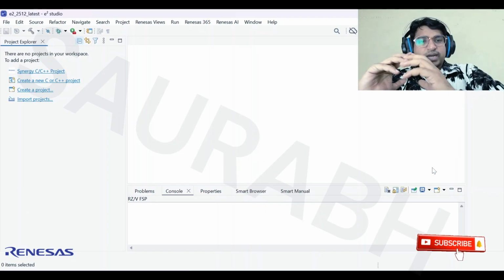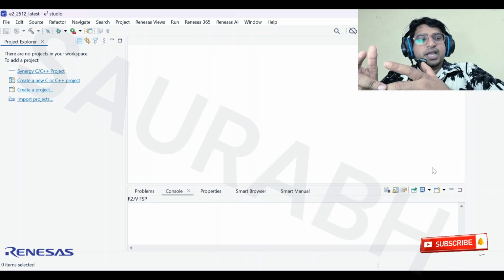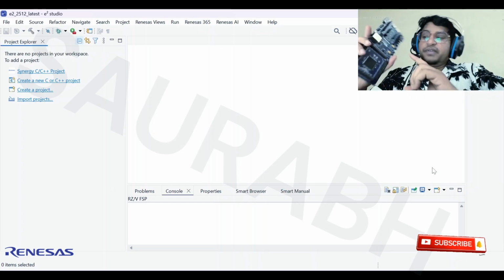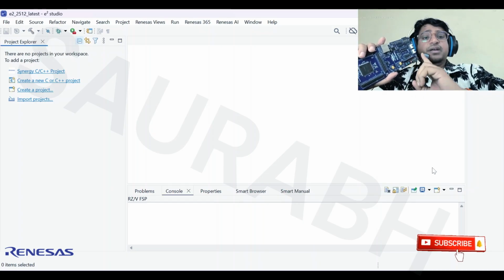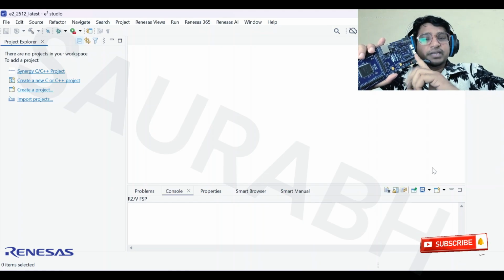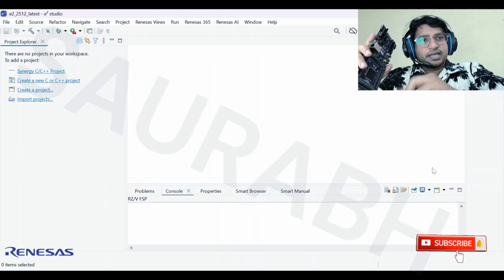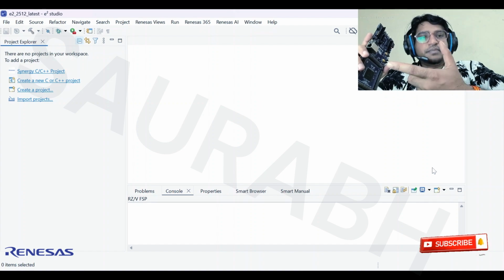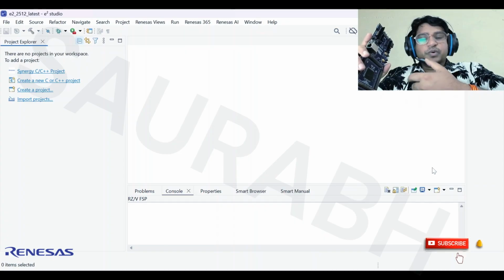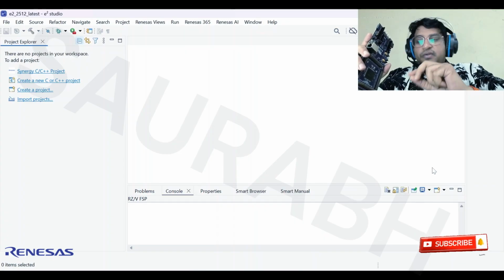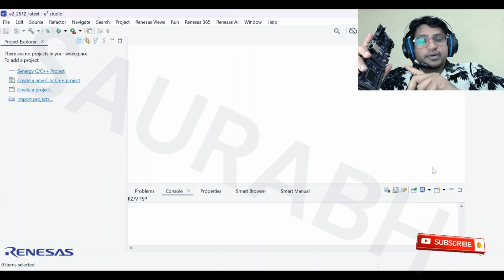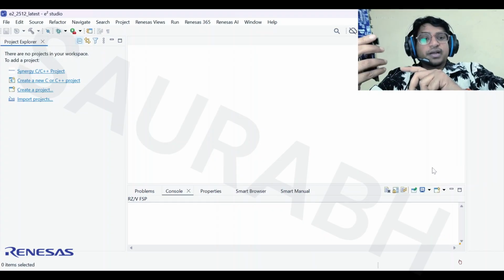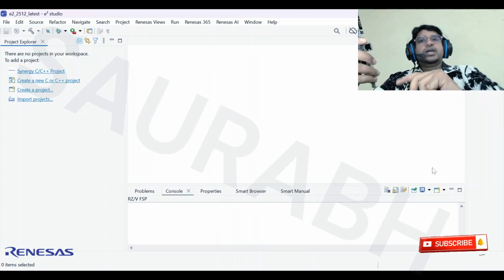Okay, so let us start this practical session. What we are going to do is create a system-generated Blinky project. There are two types of code, and I'm going to explain them: one is bare metal code and the second is Blinky code. As you are new, I'm assuming you are new to working on this board. So first we have to understand from where we can burn the code, what the debug code is, and what the basic configuration in the software is.